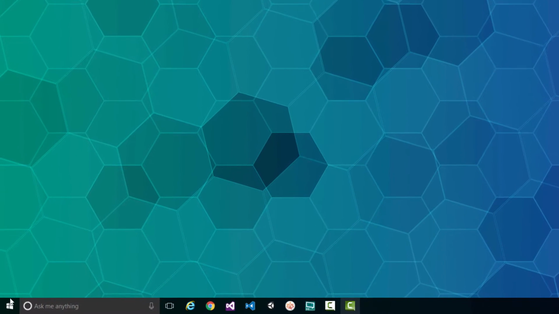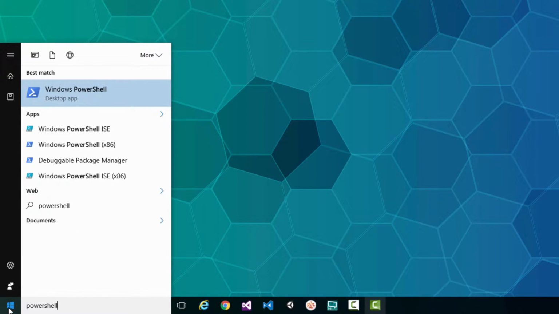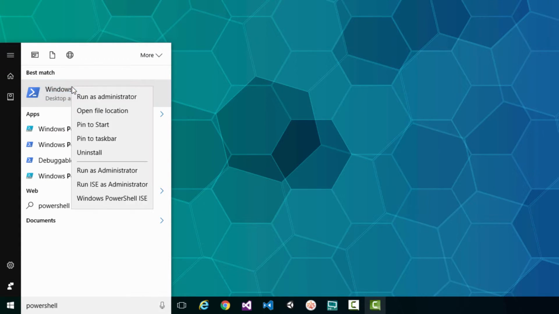So the first thing you need to do is simply go to the Start menu. And as soon as you go to the Start menu, all you have to do is start typing in the word PowerShell. Notice that the Start menu automatically searches for whatever it is you're typing, so you get down to the results you want. From here, I can either just right-click on PowerShell and choose Run as Administrator, or